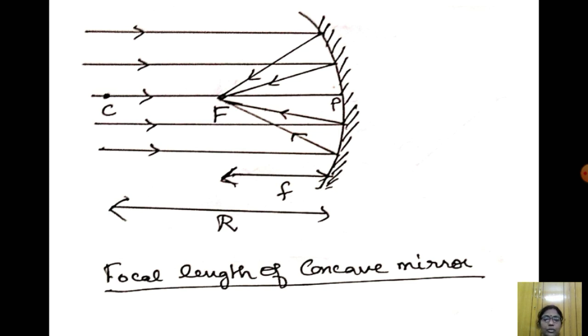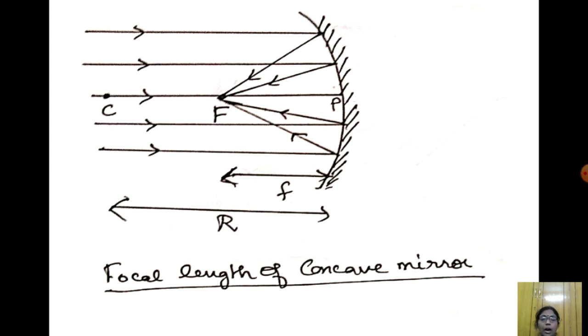Here we have to understand this is the spherical mirror, and in this spherical mirror we have a midpoint P. P is the midpoint of the spherical mirror, and we consider C to be the center of curvature of this spherical mirror. This center of curvature will be different for different spherical mirrors, because the hollow sphere will be of different size. If it is bigger in size, the center of curvature will be different. Depending upon the size, C will differ. Now the distance from C to P is the radius of curvature.